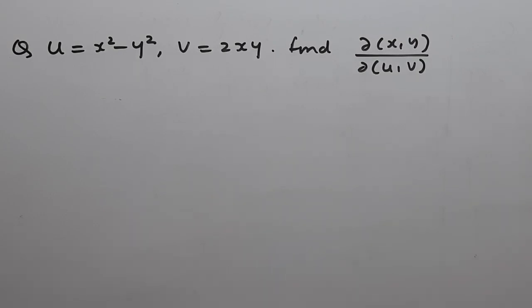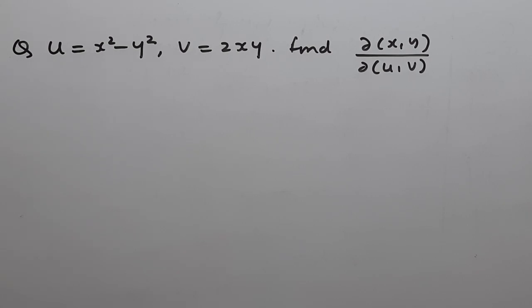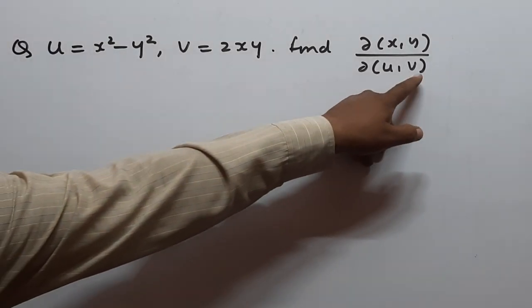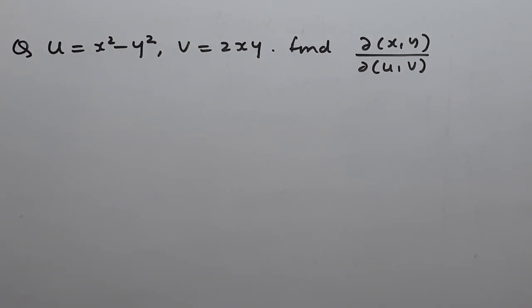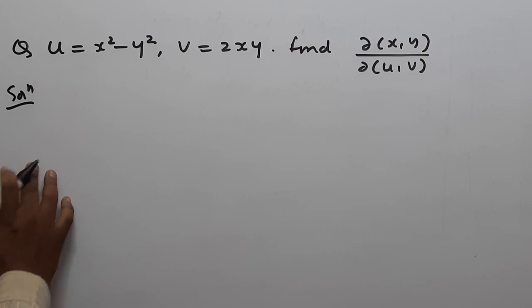Hello friends, in this problem we have to find the Jacobian of xy with respect to uv. So here we are using the property of Jacobian. Since